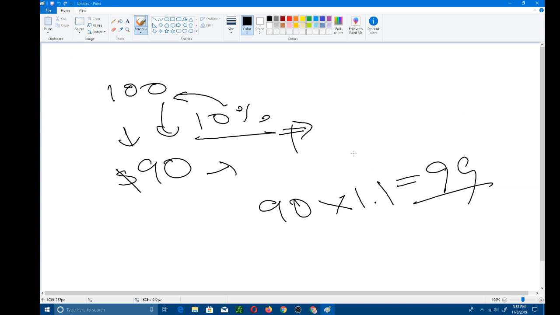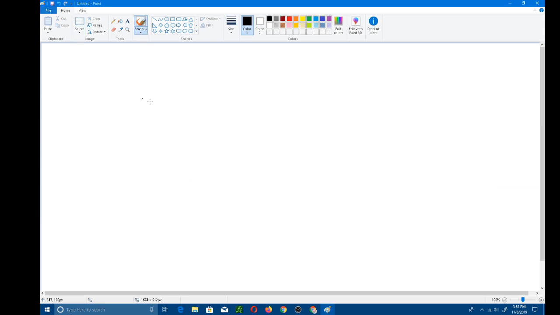The point I'm trying to make is you cannot get back to the original number with the new number that you're beginning with. And so this is actually bad and good at the same time. Because the thing you have to understand about the market is when you make money, it usually means someone else loses. That is the concept here. So for example, oh yeah, by the way, if you want to go from 90 to 100 again, you have to do 11%. Okay? And that will get you back to 100.